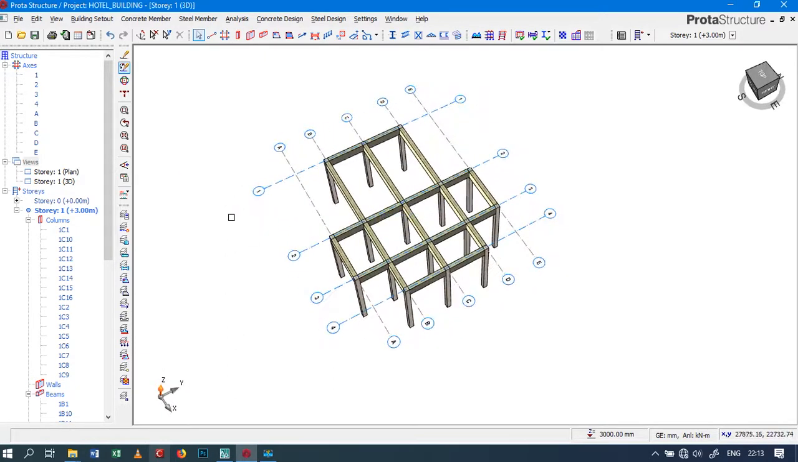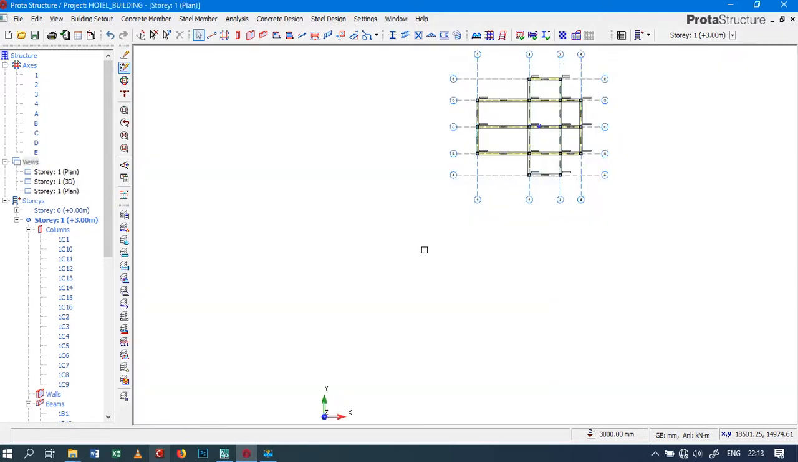Later on, we will be looking at how to insert beam wall load, generating different story